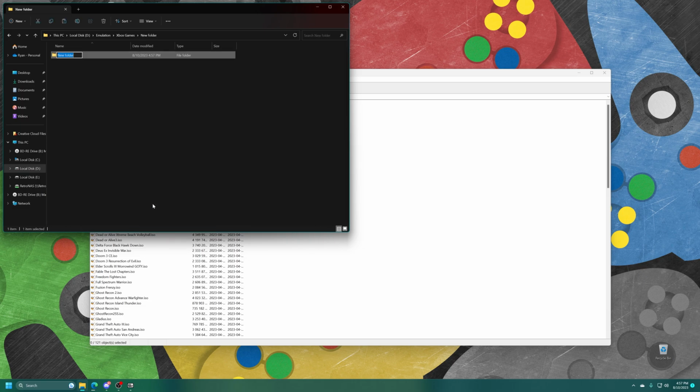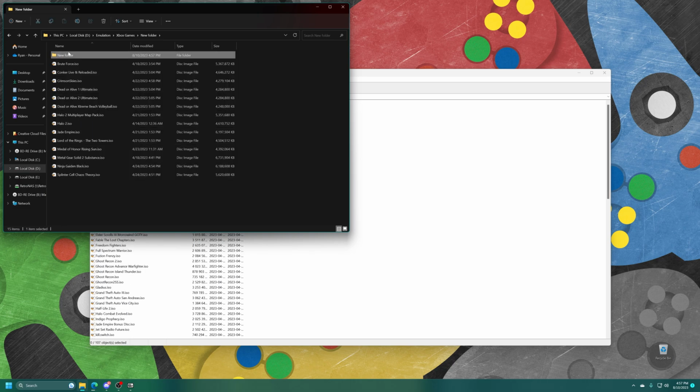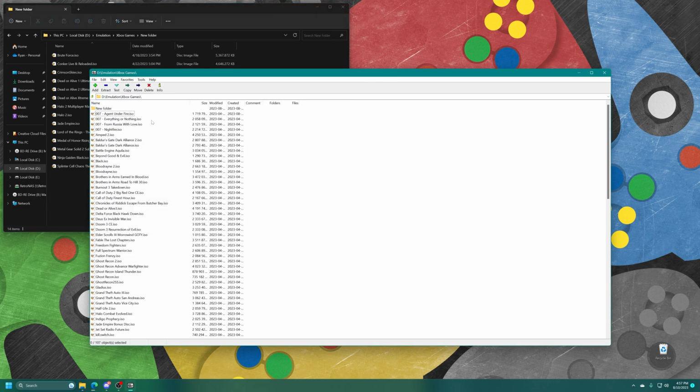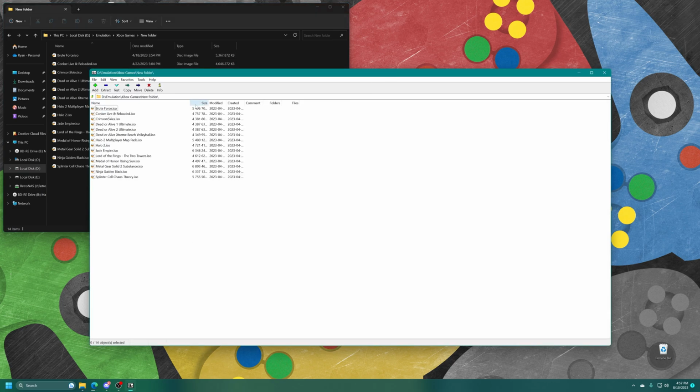And put them into my new folder. There we go. Perfect. So now inside of 7-zip here, I can head into that new folder and begin splitting